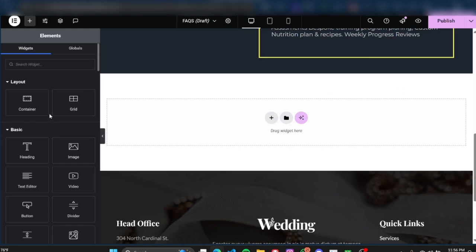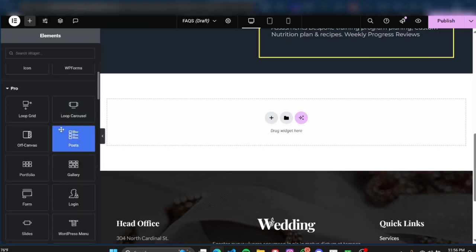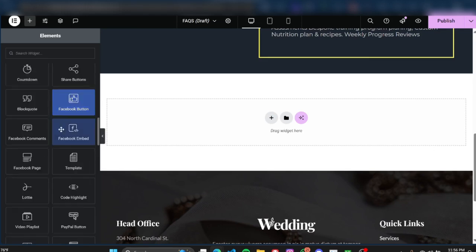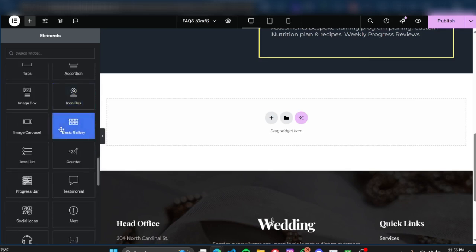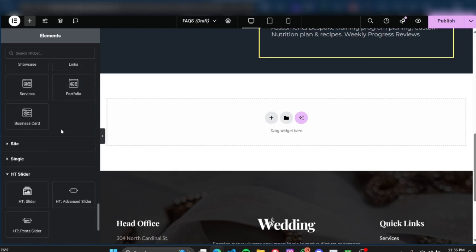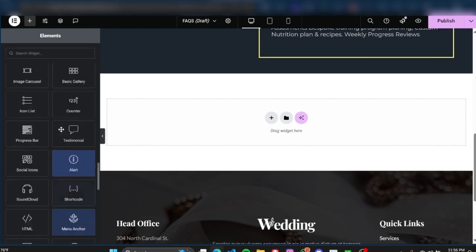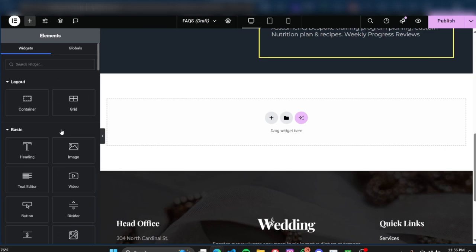I'm going to be able to show you guys a little bit more about the widgets over here on the left side panel. So the first thing I want you guys to know is that you have a lot of different widgets, but what you see will greatly depend on if you have Elementor Pro and other things that you have installed on your website. So let's just say, for instance, for me, I do have Elementor and Elementor Pro, and if you are one of my clients, you technically will have Elementor Pro installed on your website as well. So you may or may not see these depending on the things that you're able to do on the back